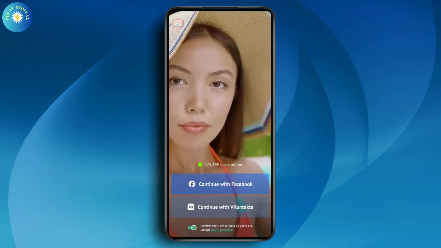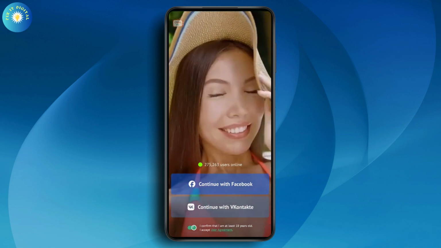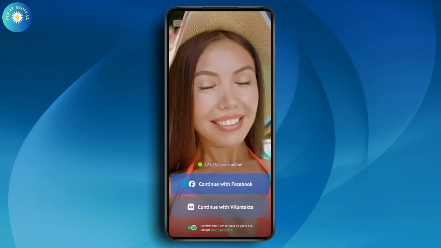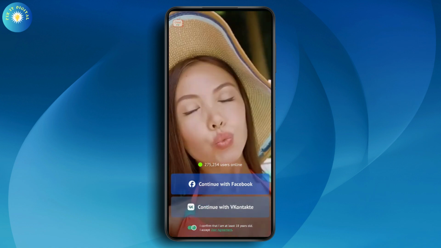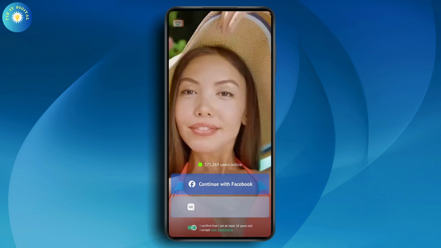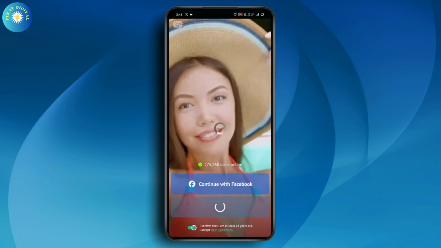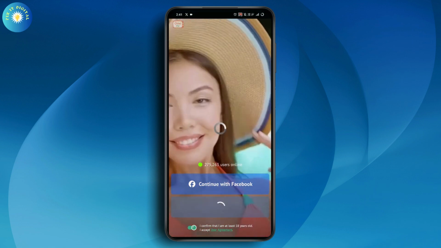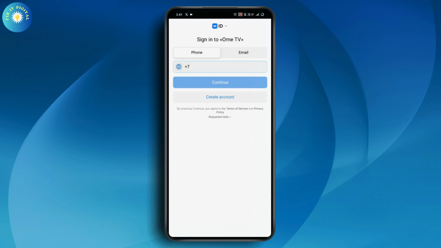One is continue with Facebook and the other one is continue with VK. So if you don't want to use Ome TV by logging in, then you can go with continue with VK. So tap on continue with VK so that no one will be able to know if that is you. So tap on continue with VK and then you need to sign in to your Ome TV with your VK